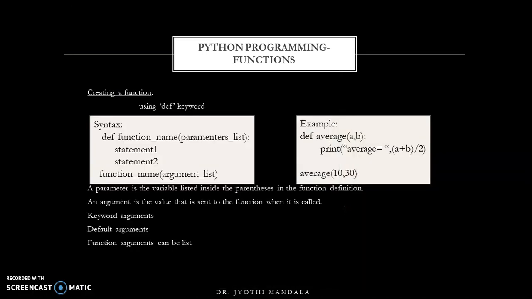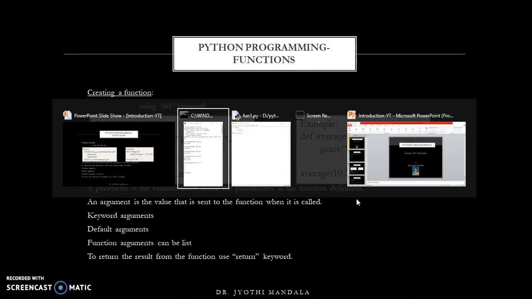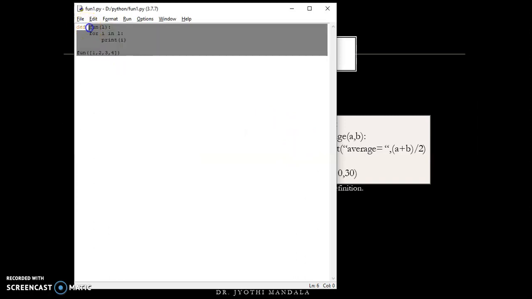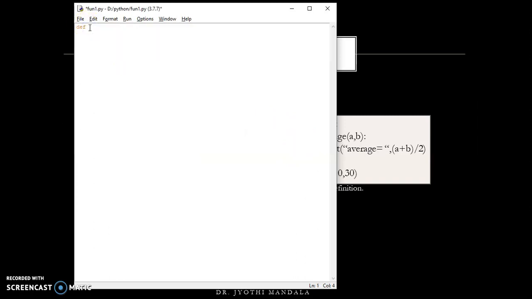Right? Now, a function can have a return statement also, instead of printing the value there. Let me define a function. Let us consider cal is one function where I am taking a, b values.